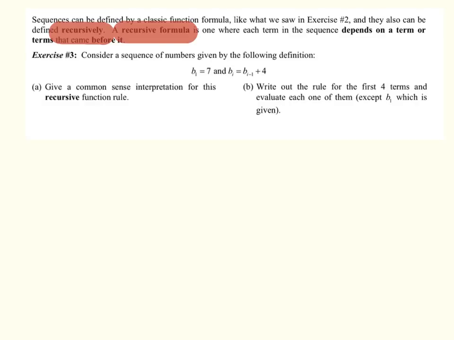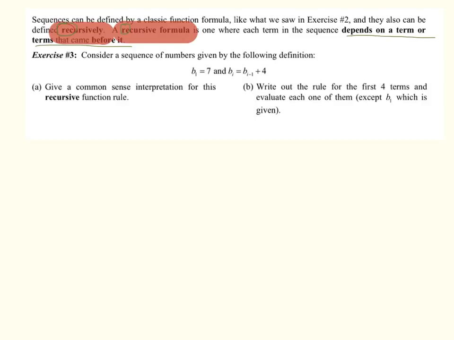So the word recursive, we use that prefix re all the time. We talk about rewind, repeat, redo. Those are all prefixes. Something has to be done before we can redo it, right? We had to watch something before we can rewind it, or something had to play before we can rewind it. So it always depends on what happened first, and that's what it says here. It depends on a term or terms that came before it. So when you remember recursive, think of that prefix re and what that means and how we use it